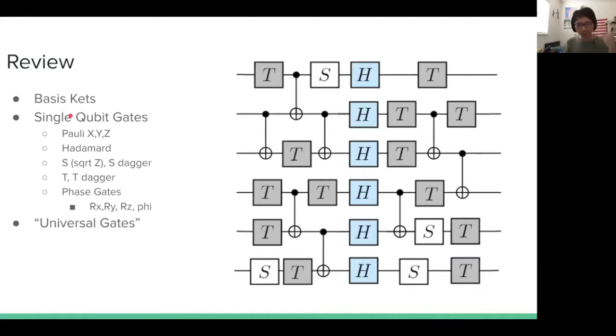So last workshop, we talked about our basis kets. So what are those? Well, those are ket 0 and ket 1. And because, in prior workshops, we've done stuff with the quantum mechanics and the energy levels, we're able to tell that these basis kets correspond to energy eigenstates. And those eigenstates come from the Schrodinger wave equation. So you see there's a lot of intricate physics interplay going on here, but it's very useful for